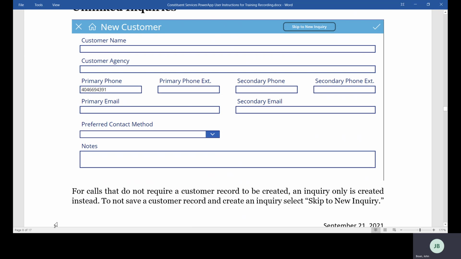For calls that do not require a customer record to be created, an inquiry only is created instead.